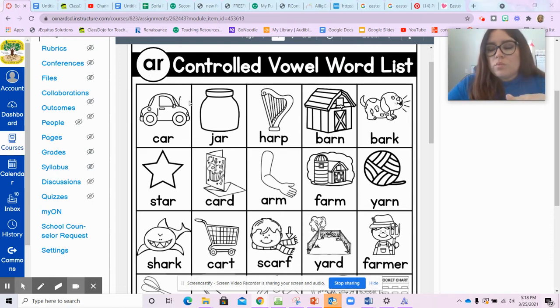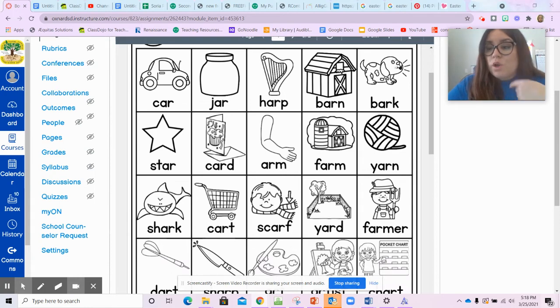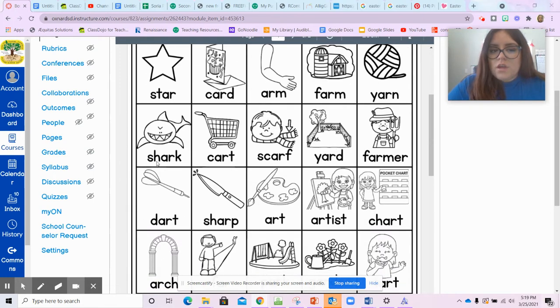We're going to go over some words, so when I point at them, I want you to read them with me as well, okay? Car, jar. Do you notice that all of these have that R sound? Car, jar, harp, barn, bark, star, card, arm, farm, yarn, shark, cart, scarf, yard,